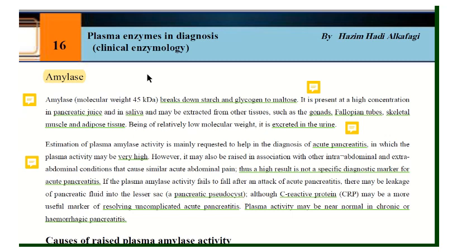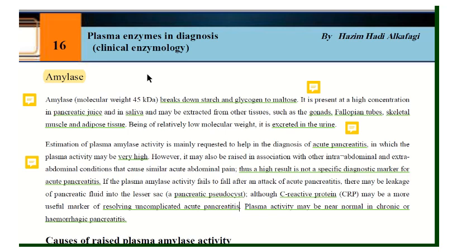نكمل إن شاء الله مواضيع ال Clinical Enzymology، ووصلنا إلى موضوع الأميليز. الأميليز الموليكولار ويت مالته 45 kDa. الفانكشن مالته شنو؟ breaks down starch and glycogen to maltose. الأوريجين وين موجود هذا الأميليز؟